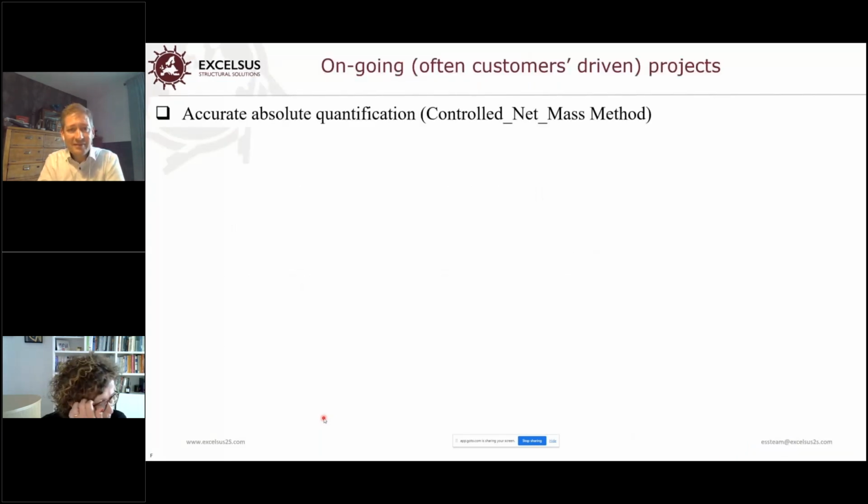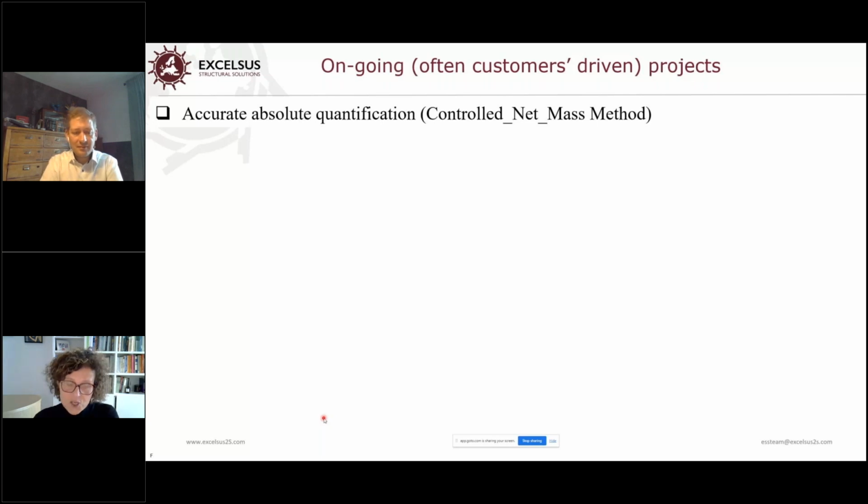So I think that now we are almost arriving at the end. We were thinking just to give you an idea of what other developments are ongoing, many of them involving either Novartis or other industrial customers. So I was mentioning the importance of accurate quantification. In the past couple of years, we have been developing further methodologies to enhance the accuracy